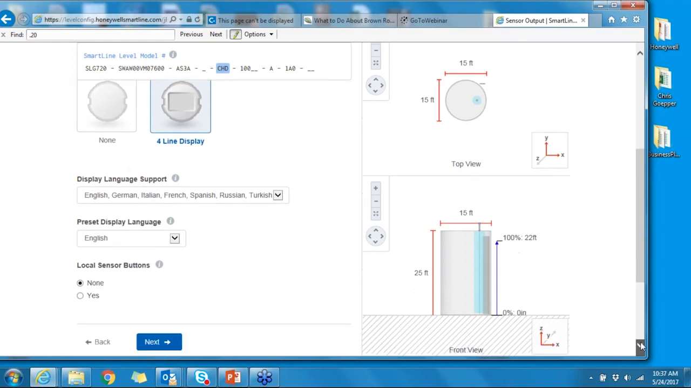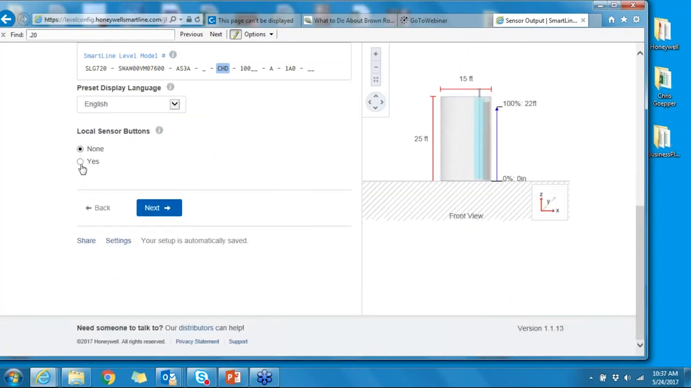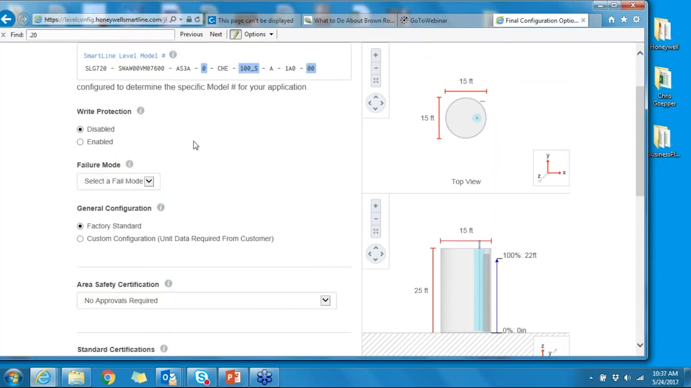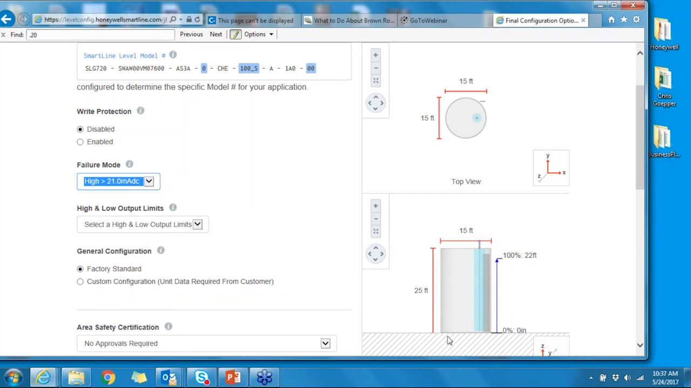There we go. Configuration, we're not going to have anything custom on this. Since it's outside, I'm not going to worry about approvals. I'm not going to worry about any certifications for now. And I know it's going to last a long time, so I'm not interested in any additional warranty. And since our configuration is now complete and we look at our part number and it's filled out very nicely,